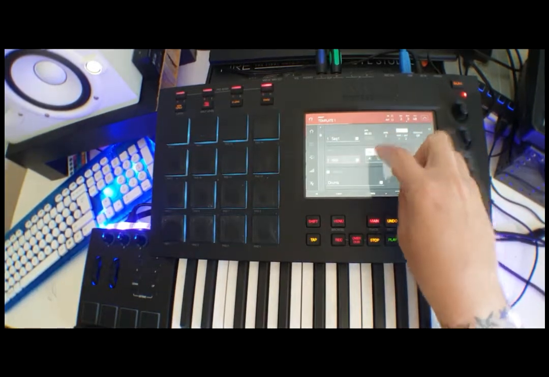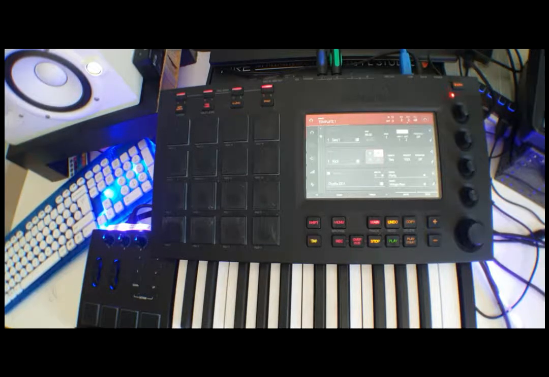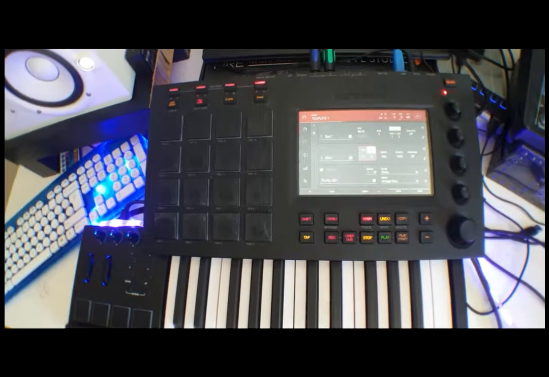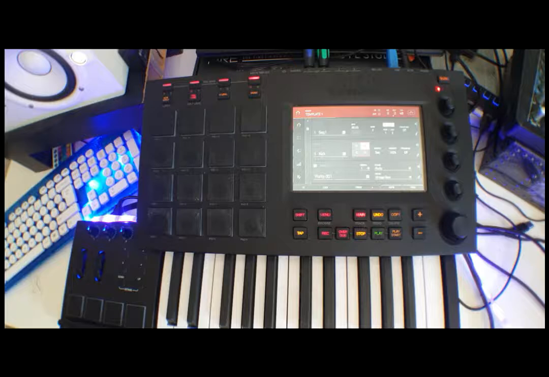If you hit this little plugin, this will then bring up the plugins option. Again, this is something that you'd probably find a lot more beneficial by actually combining the software. I would highly recommend using the software as well as the hardware. So for those of you that do have an MPC Live, definitely look into marrying that up with the software,